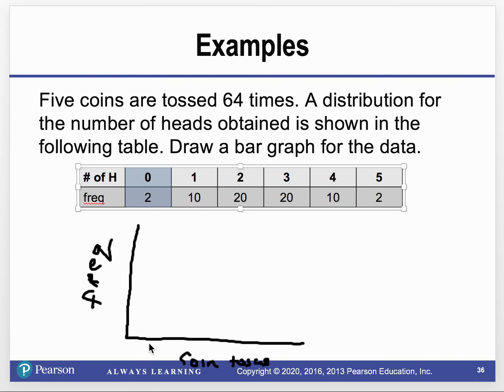0, 1, 2, 3, 4, 5. And because they asked me to draw a bar graph with this, technically those don't have to be in order, but when we have numerals, we do want them in order. Okay, and I need to go up to 20, so maybe 5, 10, since I've got limited space here. And how I knew that, I'm looking at my frequency, and my biggest number there is a 20. So 5, 10,